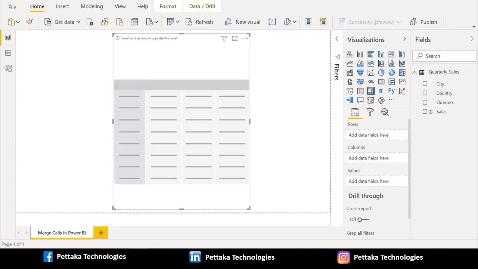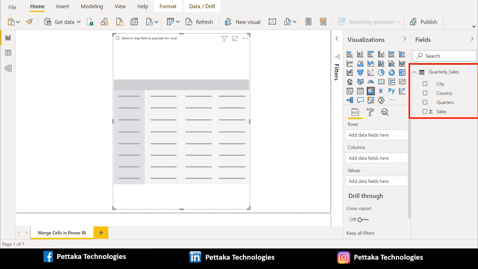Now we are in the report page. On the right side, under the Fields section, you can see the source data. I have selected the matrix visual from the Visualizations section. A matrix makes it easier to display data meaningfully across multiple dimensions. It supports a stepped layout feature. The matrix automatically aggregates the data and enables drill down.